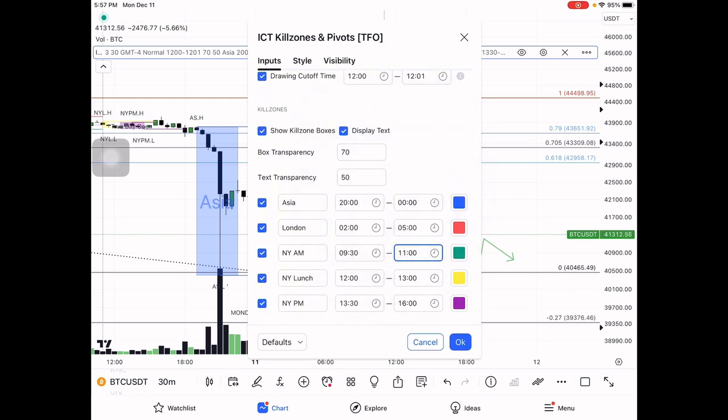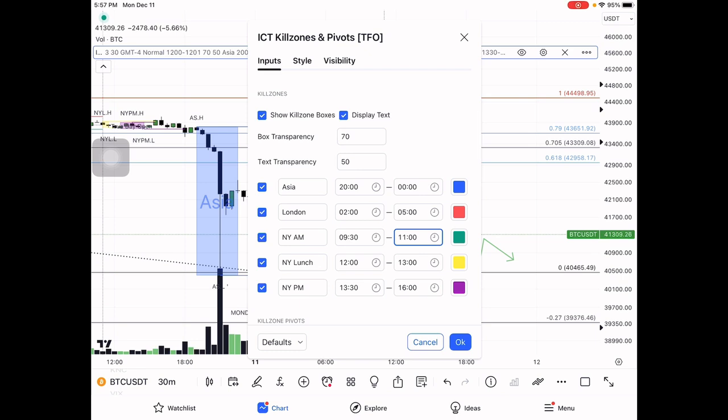So what you need to understand is that there are 3 sessions. Asia is from 8 p.m. to 12 a.m. London is from 2 a.m. to 5 a.m. and New York is from 9:30 to 4:30 p.m. Right? So I don't make decisions. I don't choose the trading time. You need to be available during these hours, right? All the markets, whether it's crypto or forex or stocks, everything moves around Eastern time, right? So you need to make sure that you are available during these hours.